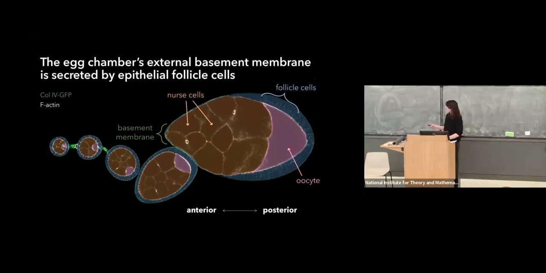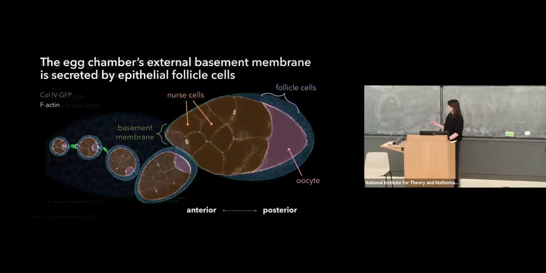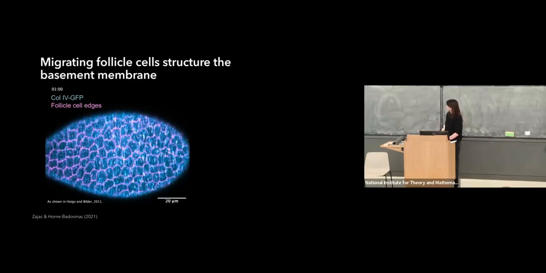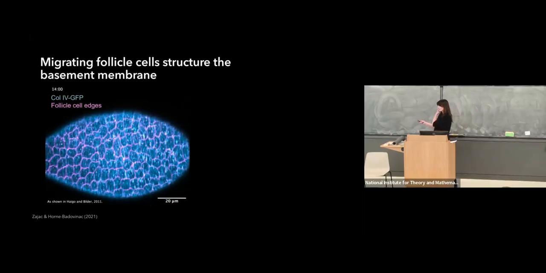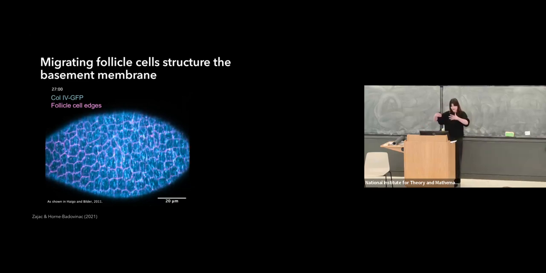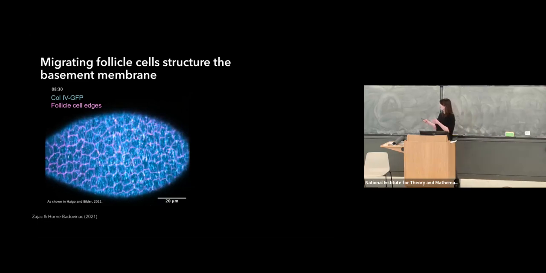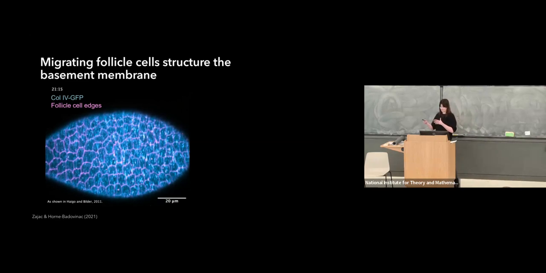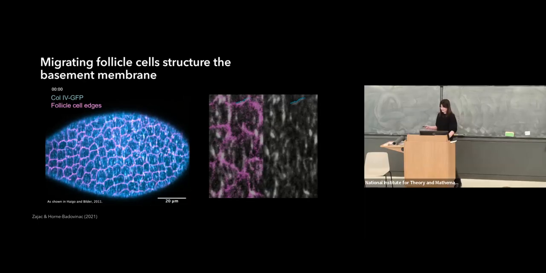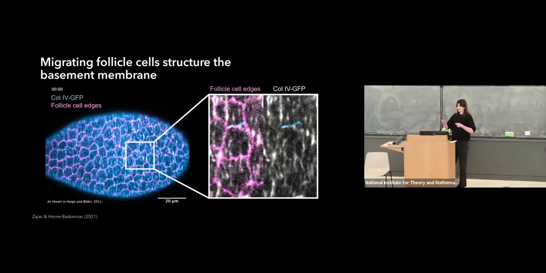So I mentioned that the follicle cells make their own basement membrane, and the way that they do so is coupled with a process of collective migration. So I'll show you here the follicle cells shown in pink. You'll notice that they are migrating as a collective, and they do so with the basement membrane shown here in blue as their substrate. And so as the follicle cells are migrating, they're also secreting and remodeling that basement membrane